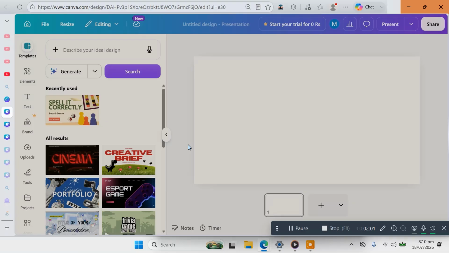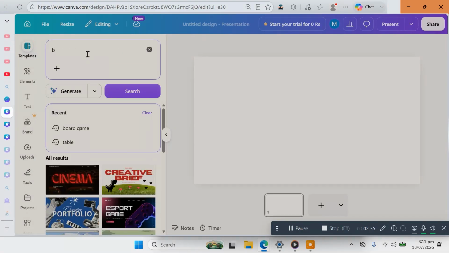Now let's say our goal for this is to make a board game advertisement poster for an event that's happening. So what you want to do is, you'll notice there are three icons in the left, which counting from the top. So the first is templates, the second is elements, and the third is text. You don't need to worry about all the other ones right now, just focus on these. Now after clicking on template, you can just search board game,